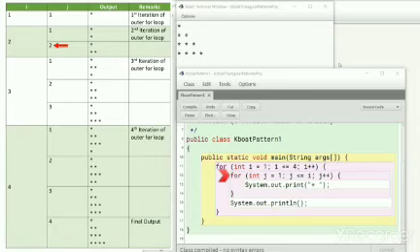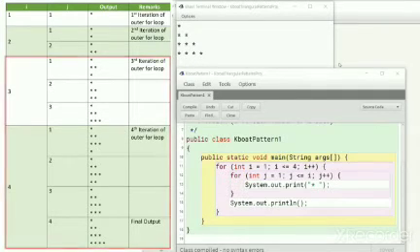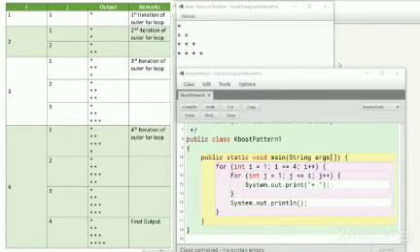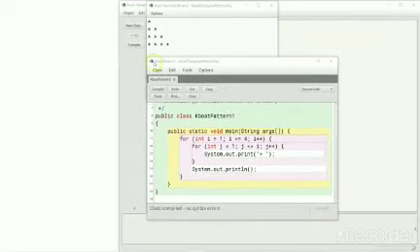j becomes 2 next, and this second star is printed. After that, j becomes 3. Condition of inner for loop becomes false. Program control comes to this println statement and prints the new line character so that next output is printed on a new line. At the end of second iteration of outer for loop, we have printed the first 2 rows of our pattern. Other iterations of outer for and inner for happen in a similar way. I have provided the details in this table. I hope now you have a very good idea about the program for this pattern. Let's move on to our next pattern.